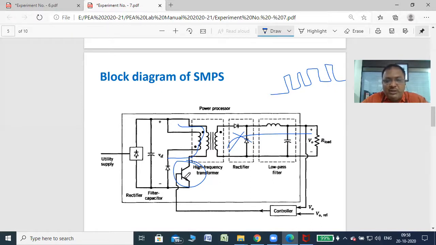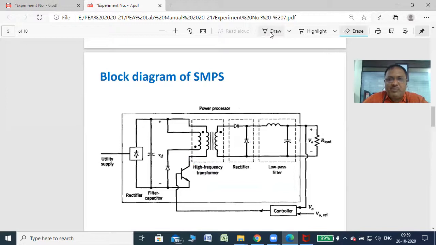So whenever the controller produces triggering pulses to the transistor, the transistor turns on. If the transistor turns on, only that time the output will be produced. Okay, so the transistor is not used in the active region, it will be used in either the saturation or cutoff region, so that there is very less power dissipation. Secondly, no temperature protection circuits are required, because the transistor will never heat, because it is not continuously on, and no transformer is required. So these are the advantages of SMPS.